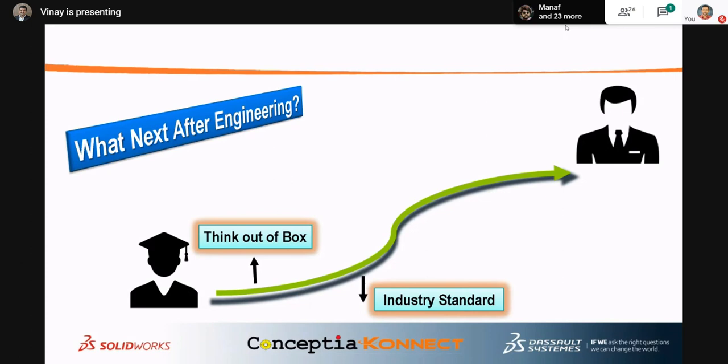Just because you are an engineering graduate, you will not get the job, even if you work very hard. You should have a separate skill for that. A skill set should be there. You have to work hard for that. Yes, first year, second year, you leave it out. You enjoy your student life. But at least when you are reaching the fourth year, or in between the third year, start preparing yourself for the industry.